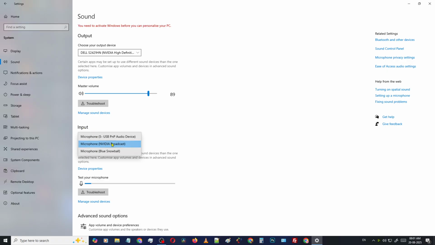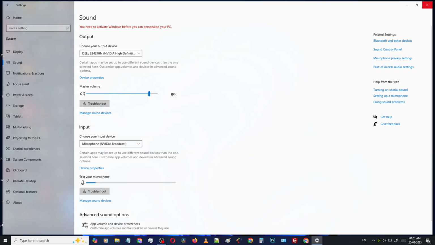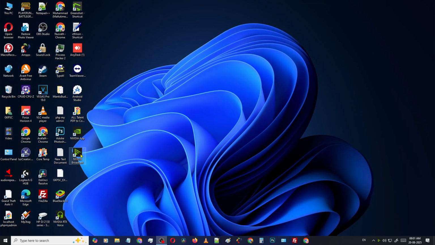Okay, here you can see there are three options. First one is my fine USB mic, but actually I connected this to some kind of USB hub, so it is not showing the name. And the second one is Microphone Blue Snowball. It is directly connected to the computer, so it is showing the mic name. So we always select Microphone Nvidia Broadcast. Okay, and that's it. Then open your Nvidia Broadcast,